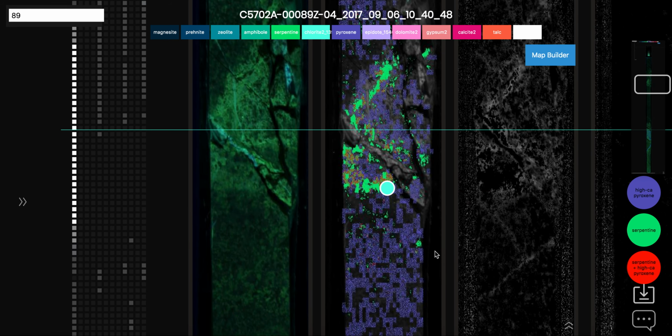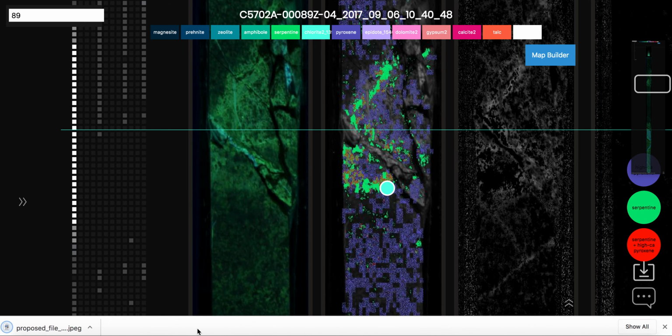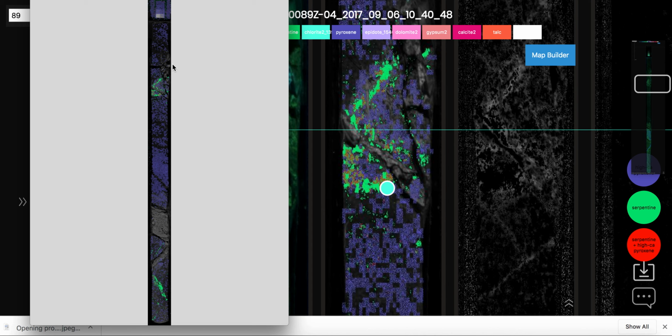Finally, now that Rebecca has built a mineral map, she needs to be able to explore and use it in other scenarios, sharing it with her colleagues. She exports the mineral map. Opening it, you can see